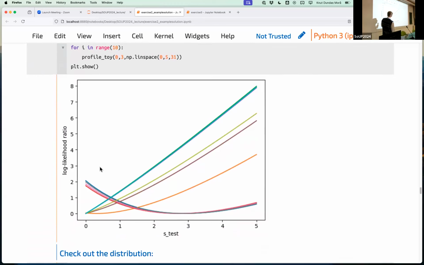Here I just computed some random examples of how this looks for a couple of toy examples. And you see in some cases your best fit is very, very 0. In some cases your best fit is still 0, but it's not that extremely 0. So these are sort of degrees of under-fluctuation with respect to your background. Well, in other cases, your best fit is half or 3 or some other nice value.